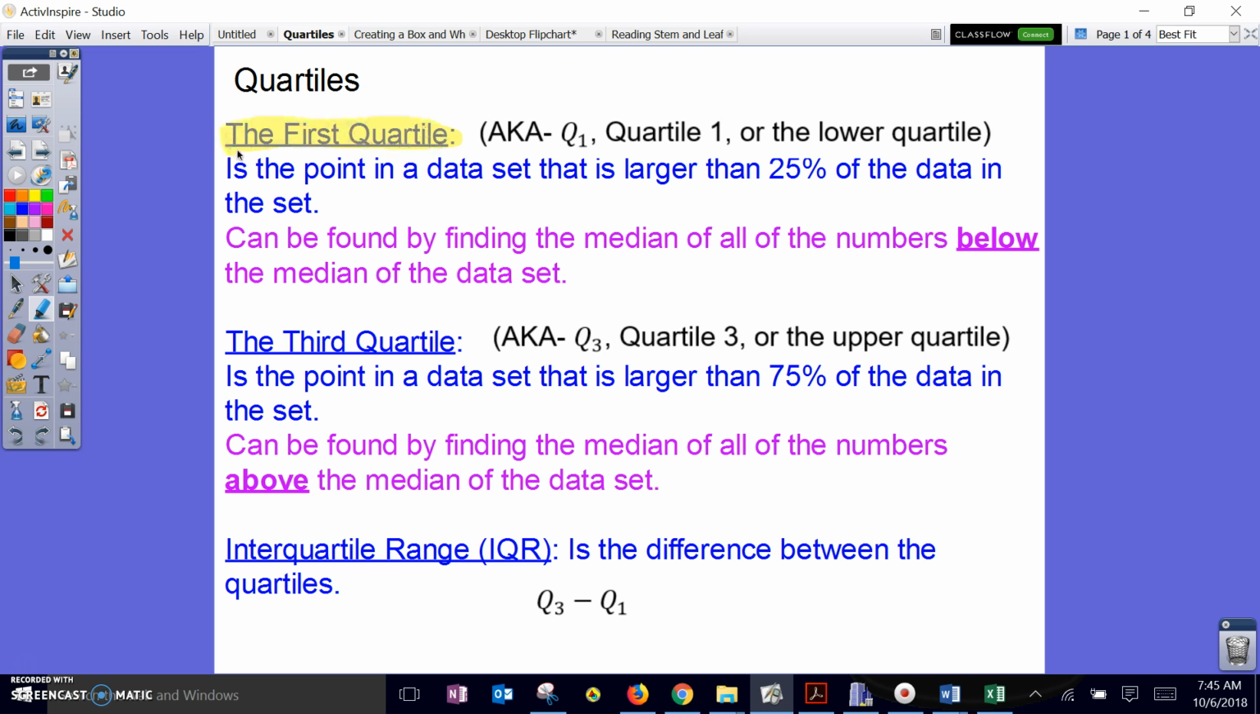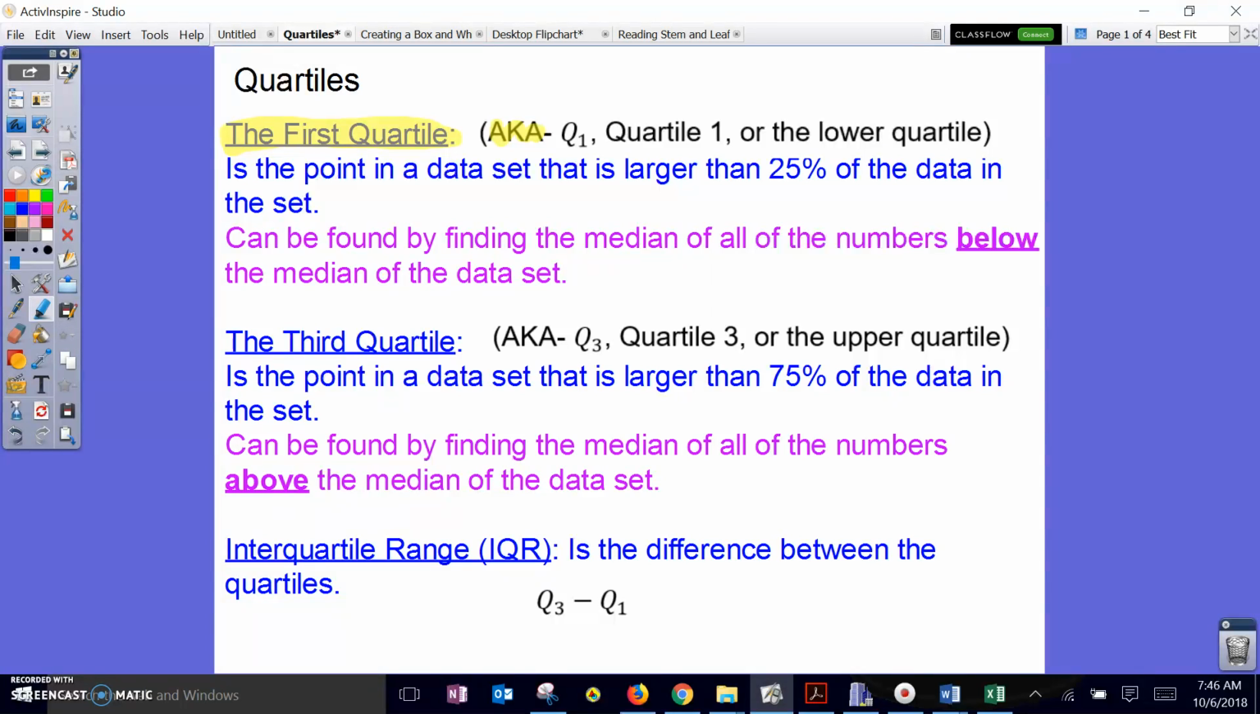And the first quartile is also known as Q1 with a little subscript 1. We'll see it written like that. We'll see it called quartile 1. Sometimes we even see it referred to as the lower quartile. But what the first quartile is, it's a point in the data set that's bigger than 25% of the data